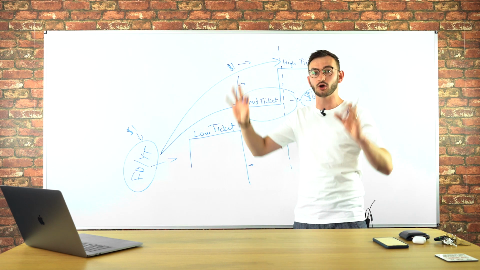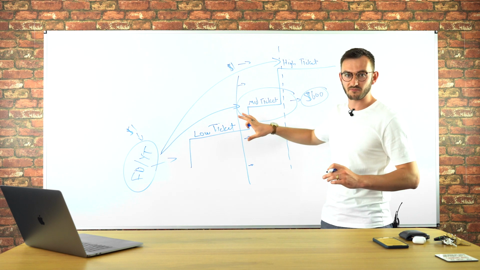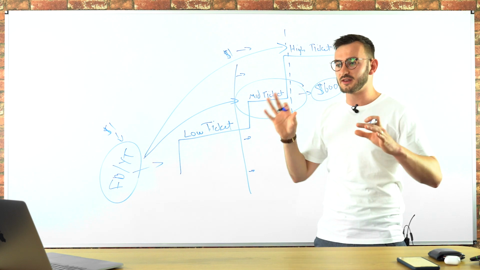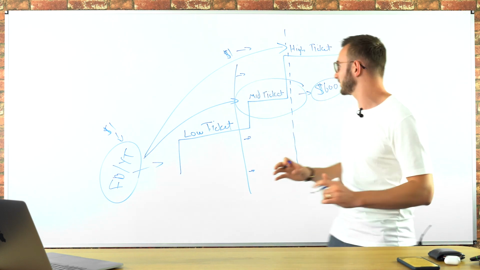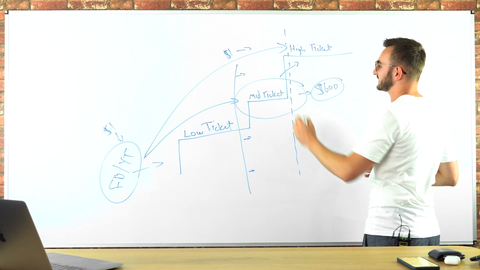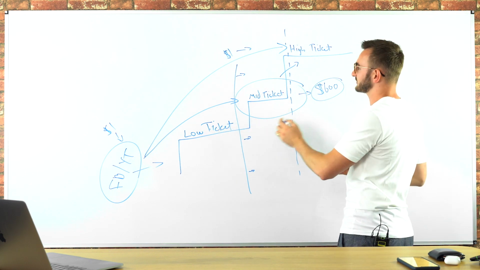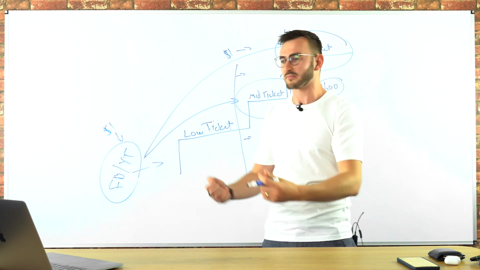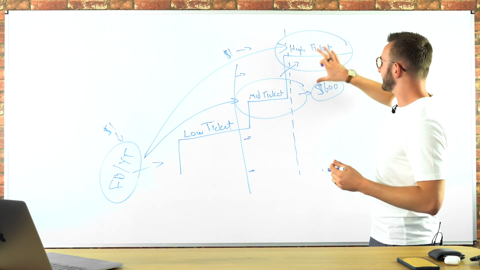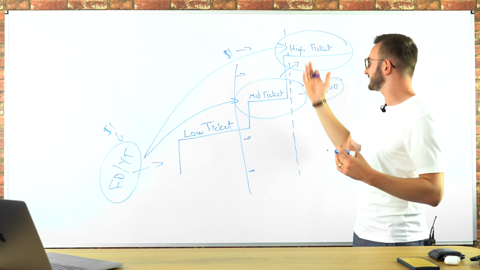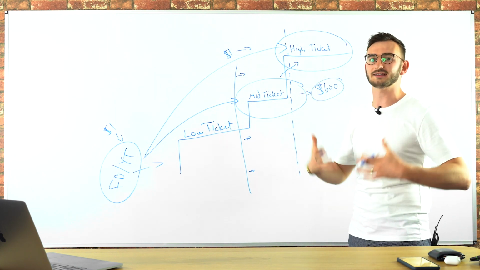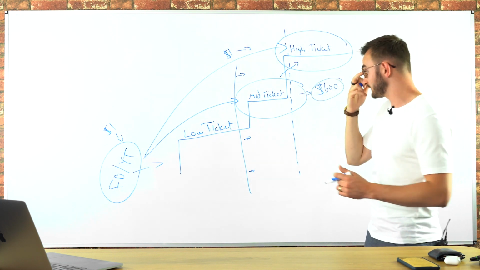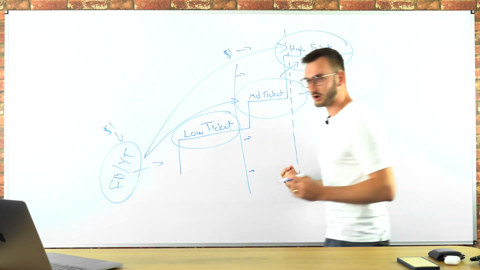Then you start bolting on these other two. This is definitely where you start, but then with the next two, you can kind of play with this if you want. I would suggest the next thing is high ticket. If you've got this working and you can function as a business, then the next thing is high ticket. Add something into your business model where the people that come through this have a chance to extend up. And if they want to get closer to you or have some more expert help, then they can do that. So then you bolt on a high ticket funnel, and then finally, you bolt on a low ticket funnel.